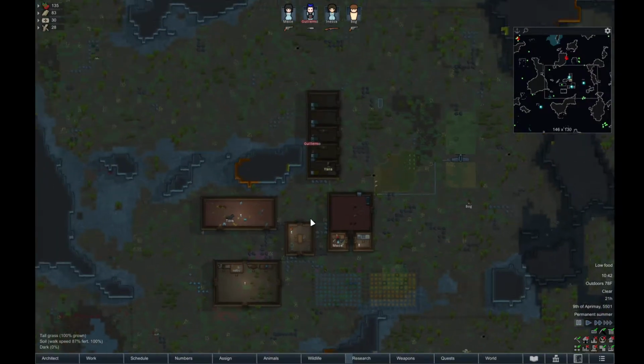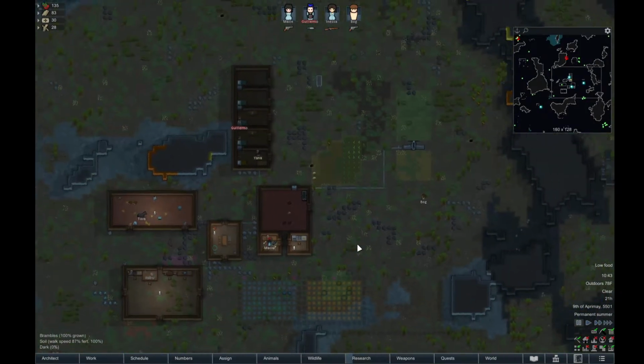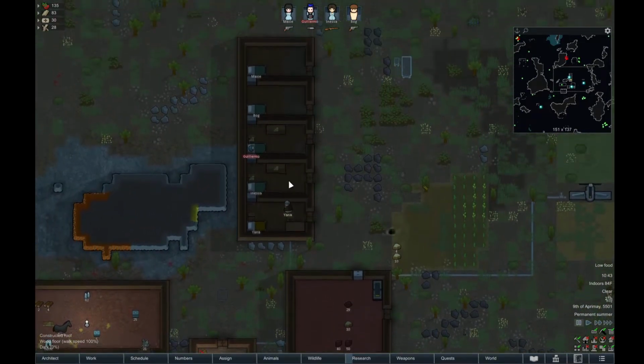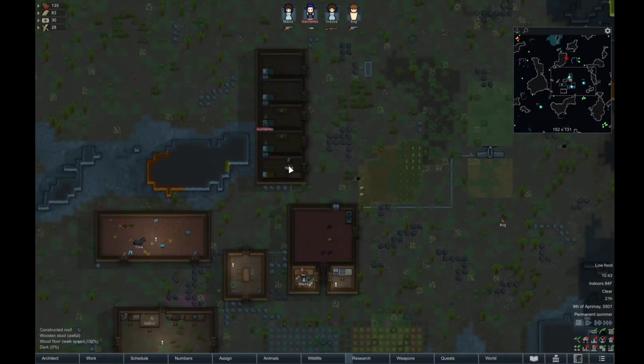We have a lot to do today. I want to really get stone production up and running. We're going to get another windmill going. We want to prepare for this fifth colonist, which once Yana becomes recruited, we'll probably turn this into their